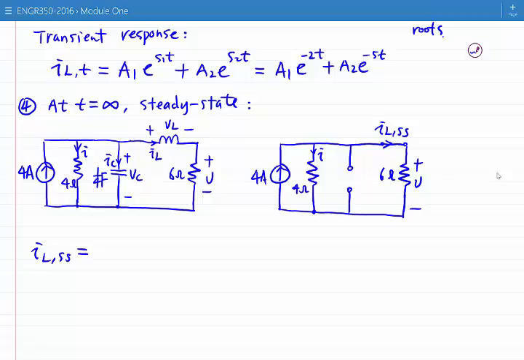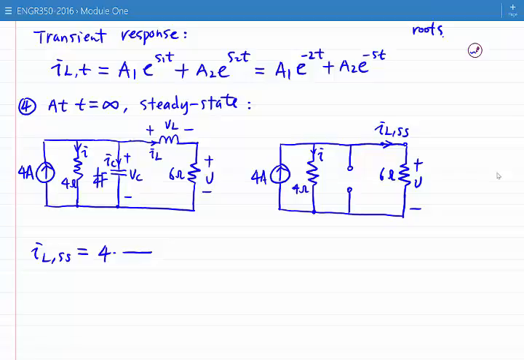According to the current divider, because the total current is 4 amp, the current flowing through one parallel branch, which is the 6 ohm, is equal to 4 amp times